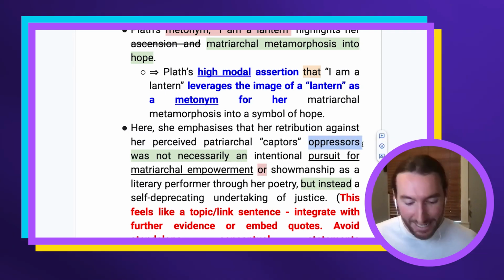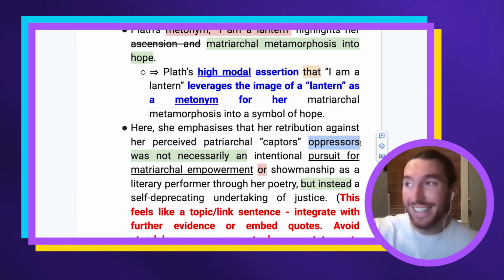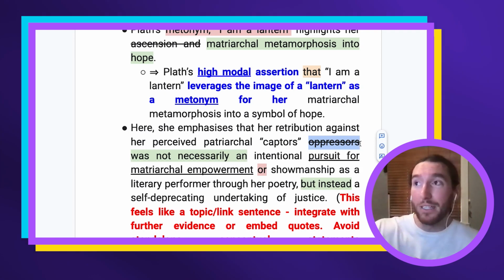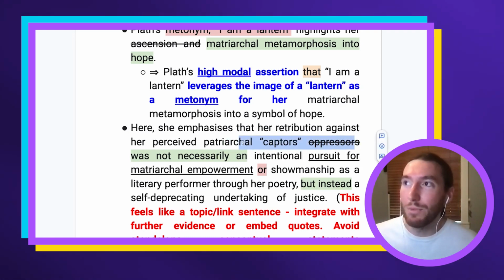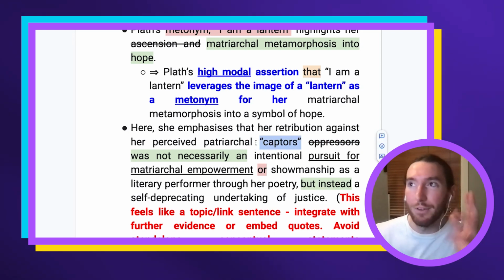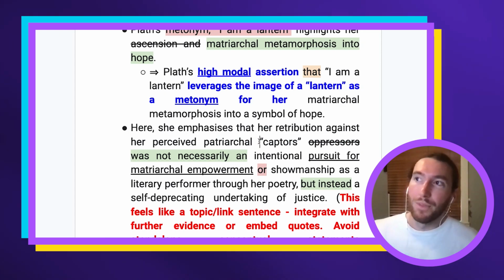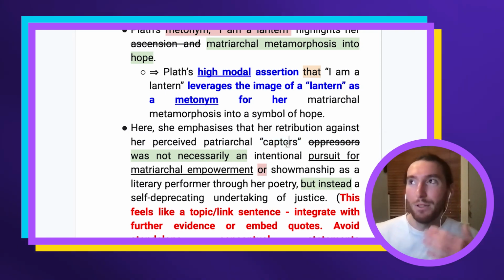Then we would replace oppressors, which you wanted to say, with captors, because it's similar enough, and it's actually better that it's figurative. It adds some flair to this piece. And you replace it with what Plath said. Now, Plath didn't actually say captors, as far as I know. I haven't looked at this particular poem before doing this one. But basically, if you can embed a quote like that, we're not using captors as an example of a technique.